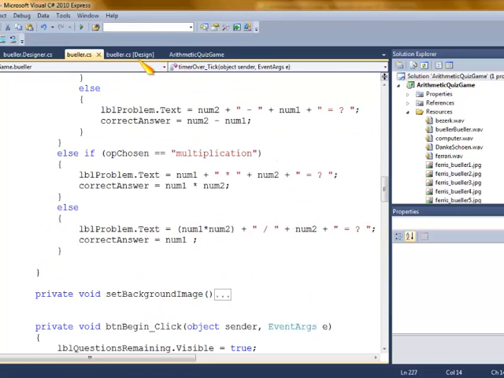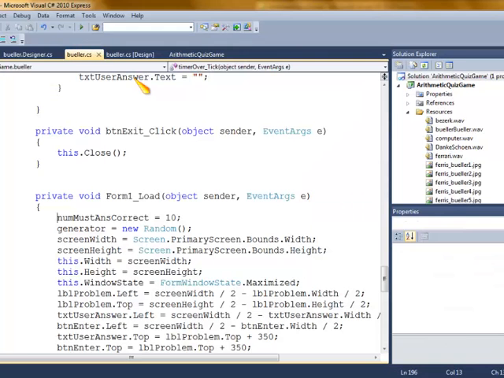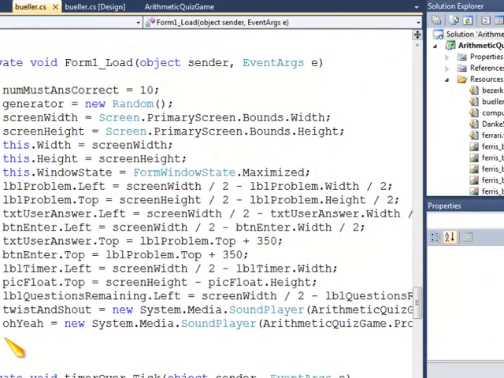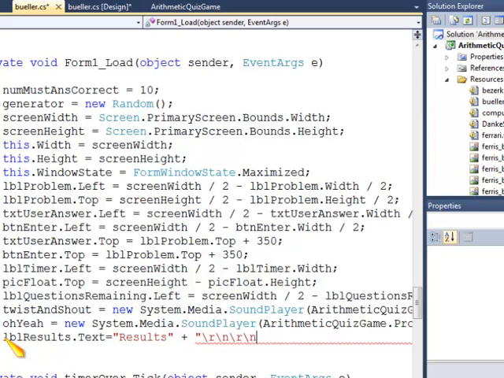So in the load event for my game, I'm going to set the value of the results label, and I'm going to say LBL results.text equals, and then results, and now I'm going to do two \r\n's,